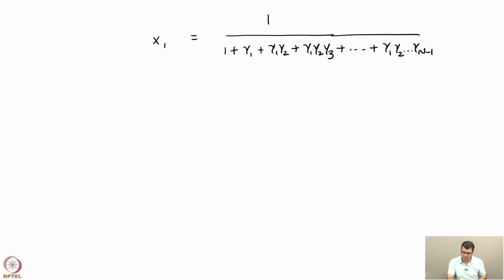So, in the denominator there are n terms, starting with 1 and ending with gamma_1 to gamma_{n minus 1} all multiplied together, and each gamma_i is simply equal to R_A divided by R_B,